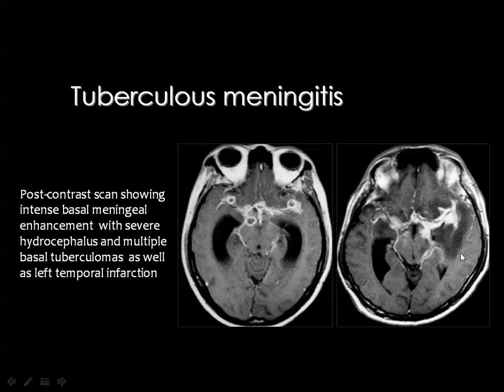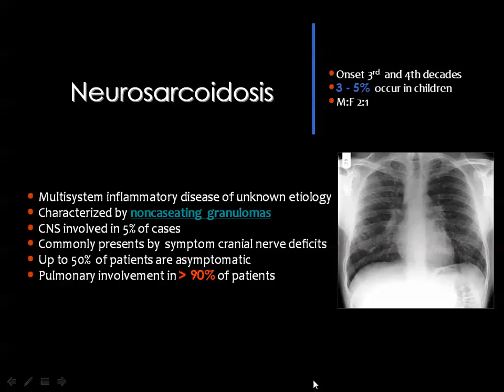And here, this is the cause of this high low signal intensity lesion in the temporal lobe, which represents an ischemic area. Then we came to the sarcoid, and the sarcoid is a well-known non-caseating granulomatous infection, and